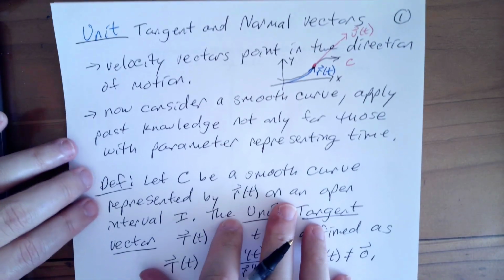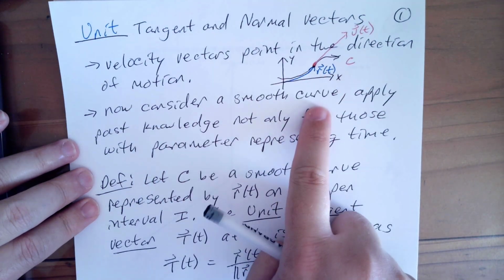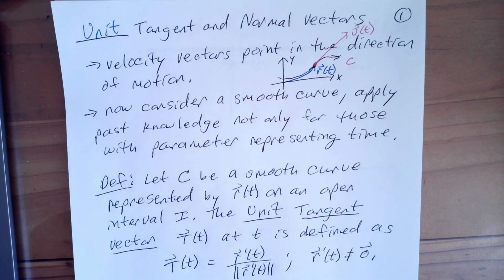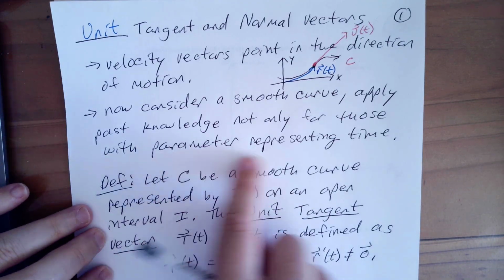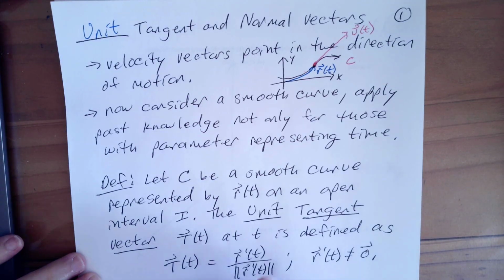Stay tuned. So we're going to consider now some sort of a smooth curve. Let's just call this smooth curve. We're going to apply all of our past knowledge to finding these velocity vectors, but we're going to be shoring them up, and we're going to see some applications where the parameter is not necessarily representing time as well. I mean, most of the time, these applications and the concepts in this section do fall into a time type of example, but we'll take a look at some other examples as well. Okay,